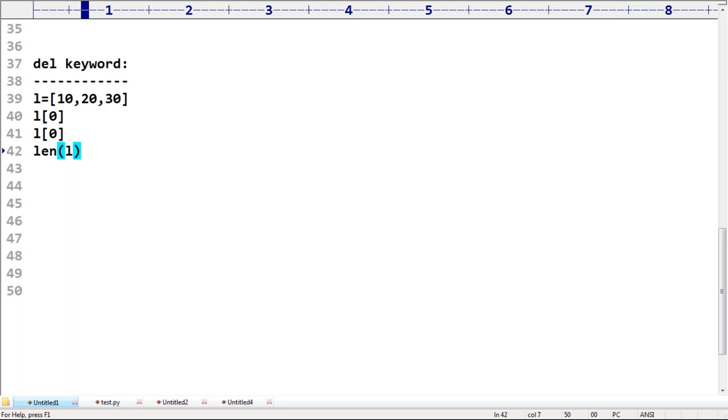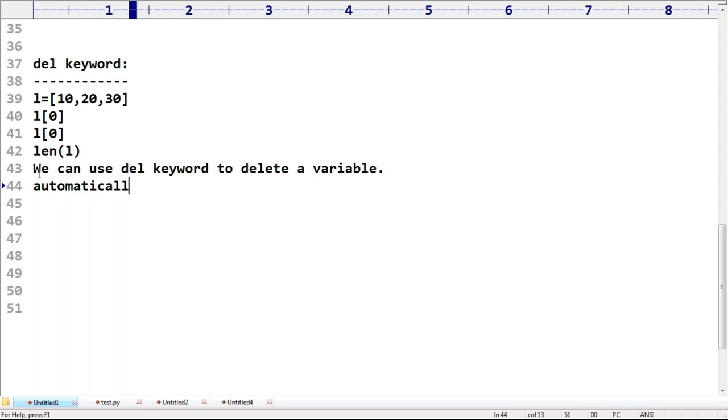Is it clear? In a very special case, we can use the del keyword to delete a variable. Automatically the corresponding object becomes eligible for GC.